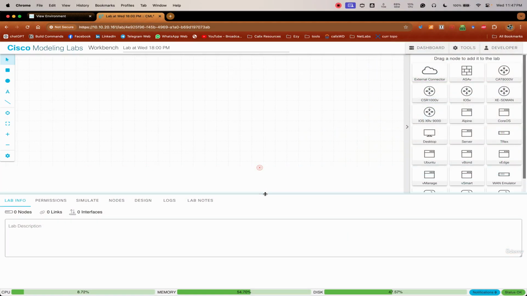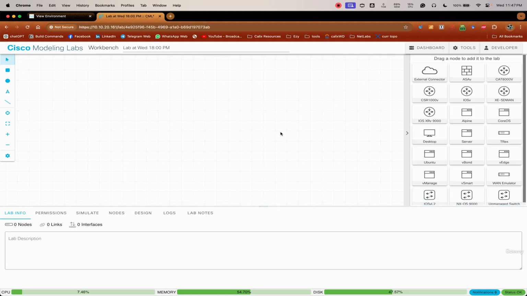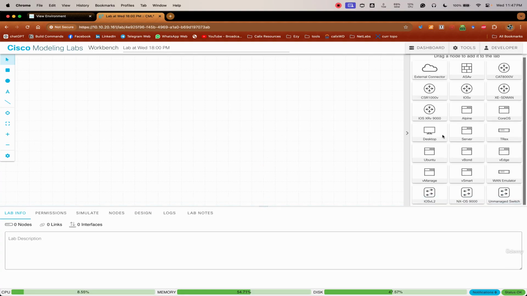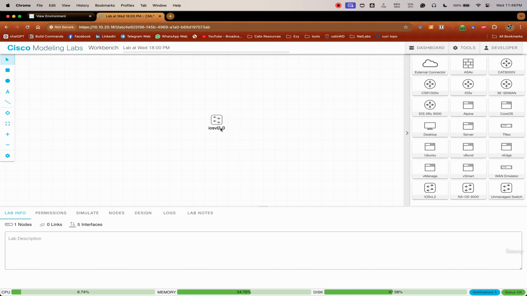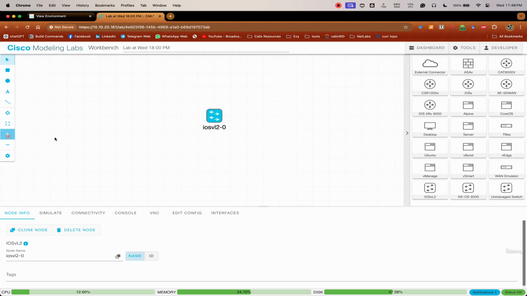So guys, what I need is a layer 2 switch. To begin with, you can see that this IOS VL2 is the Cisco layer 2 switch which you can use. I will simply drag it and put it here. This is my layer 2 switch. Can I increase the size of this L2 switch? Is it possible? I think you can zoom the entire topology, but you cannot increase the size of this layer 2 switch. Anyways,